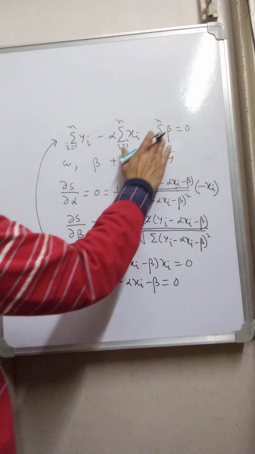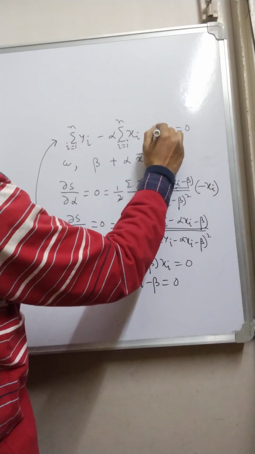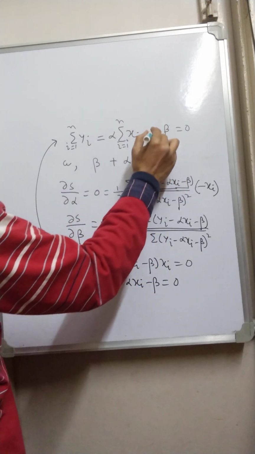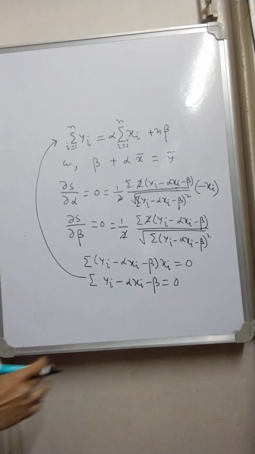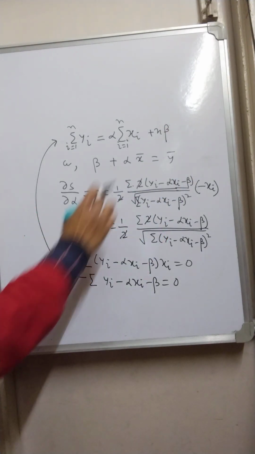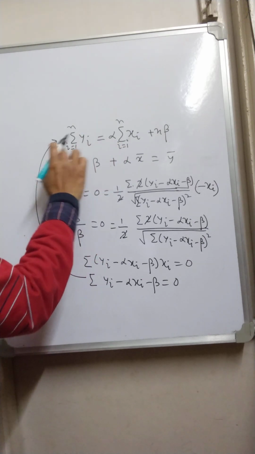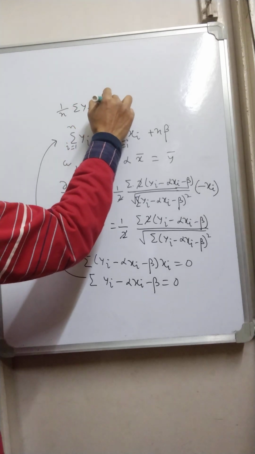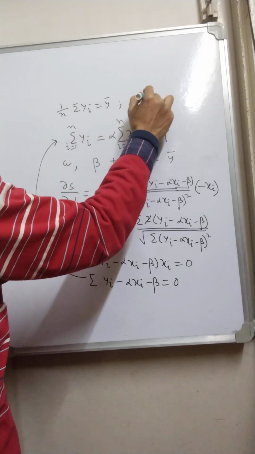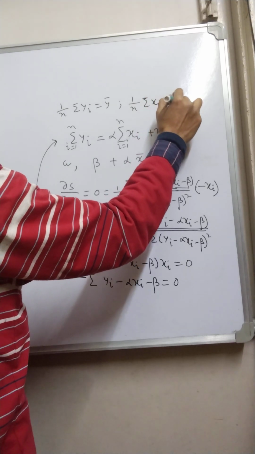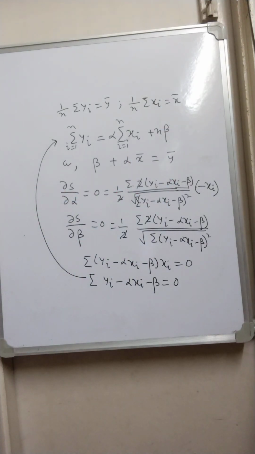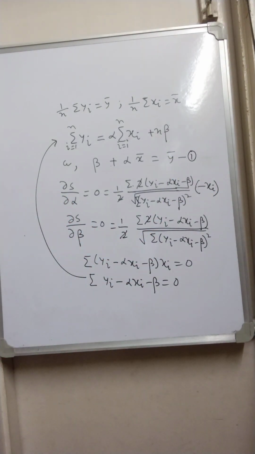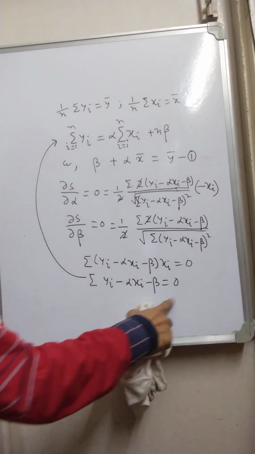Since this becomes n beta, and since we transpose them, it becomes like this, and then we divide by n and replace 1 by n summation yi as y bar and 1 by n summation xi as x bar. So this is number 1 formula which you get from this equation, and now